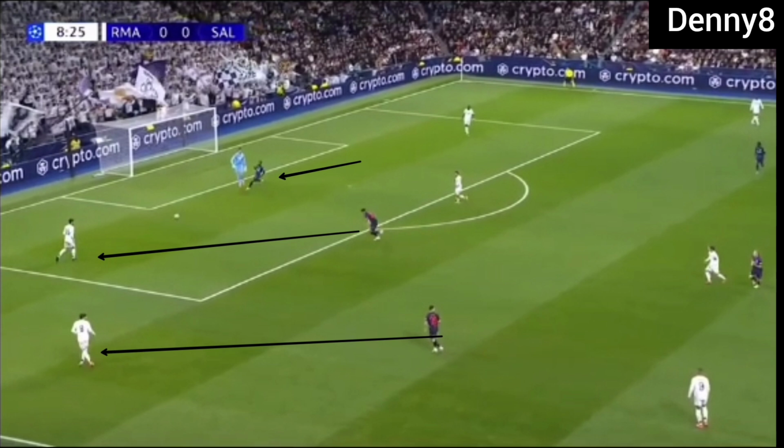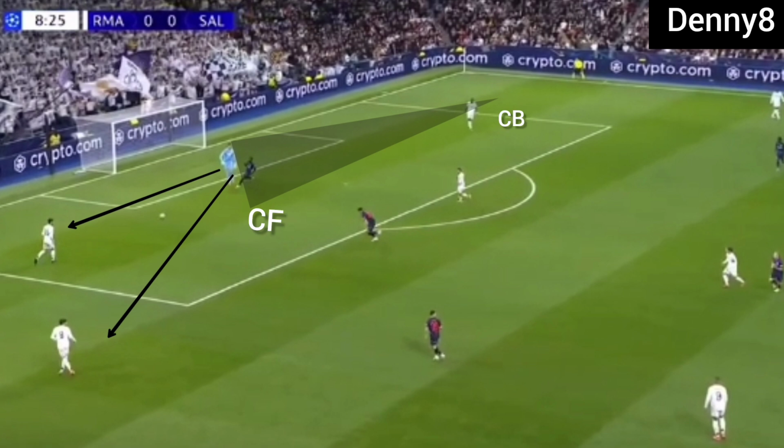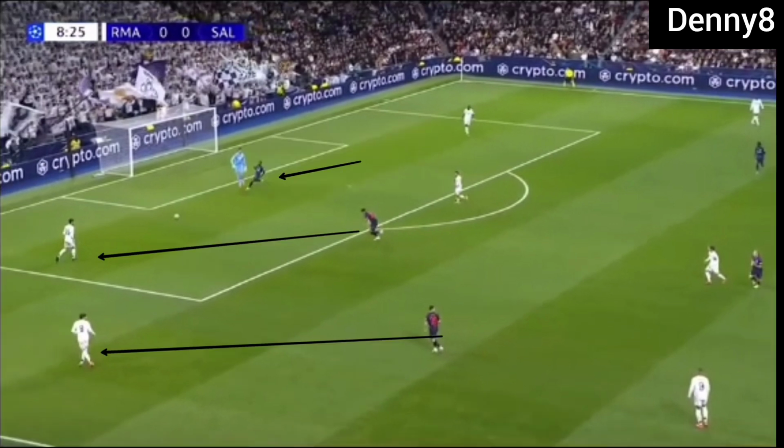Now the frontman who had started pressing started doing an angular pass in front and he cover-shadowed one of Real Madrid's centre backs. So Real Madrid's goalkeeper had two options, Real Madrid's right back and Real Madrid's right centre back. Now Salzburg's left forward was ready to press Real Madrid's right centre back and Salzburg's wide midfielder was ready to press Real Madrid's right back. Now there was a 2v2 press in the wide zone and Luka Modric was also being covered. So Real Madrid were playing riskier passes in their own third, which was dangerous for Real Madrid. But they are Real Madrid, so such a situation is nothing for them.